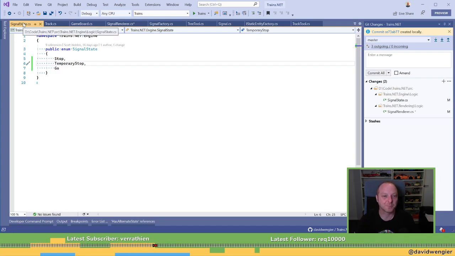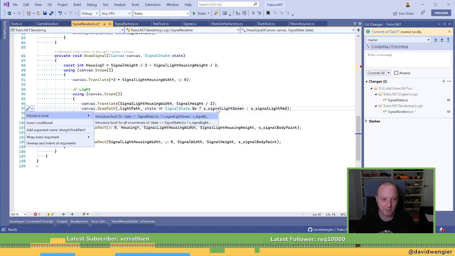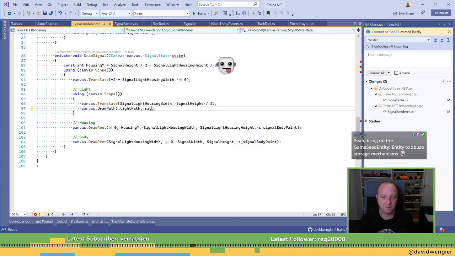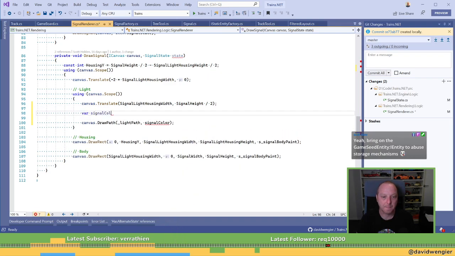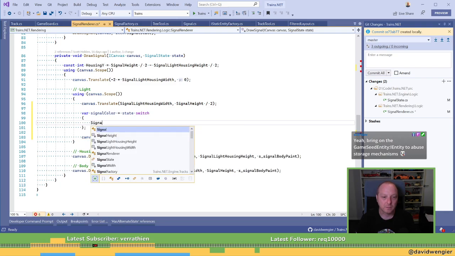So, can I convert this to a switch statement? No. State equals state. Ugh, let me... signal. Signals.